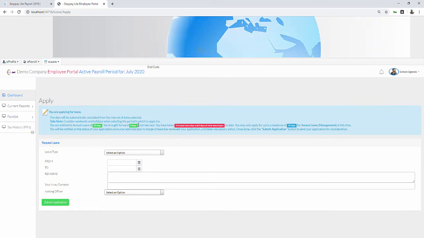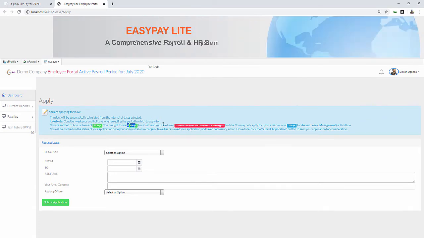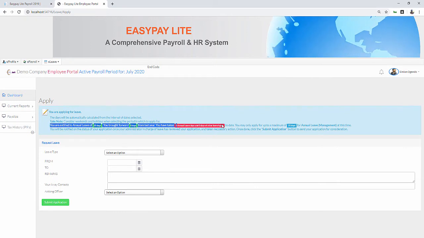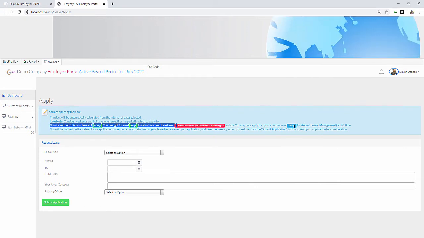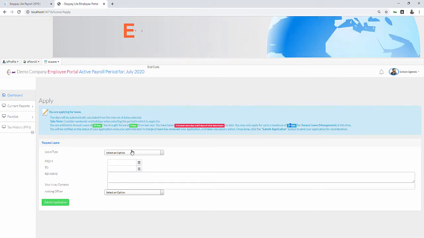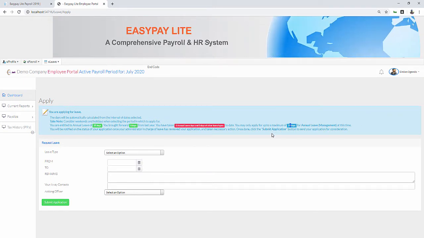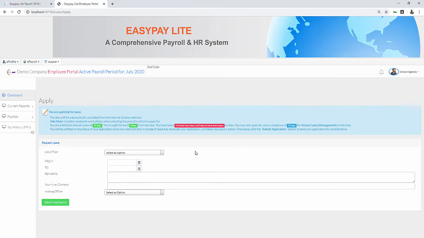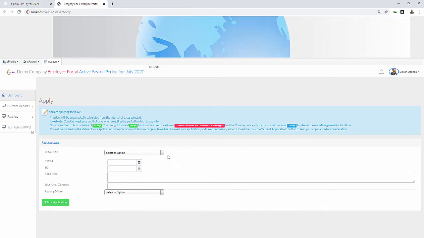Should there be any days he's brought forward, they will be indicated. If he has taken any days, they'll also be indicated. Then it will show him the limit to the number of days he can actually apply in this application. So he cannot exceed 25 days. So we are going to simulate this and